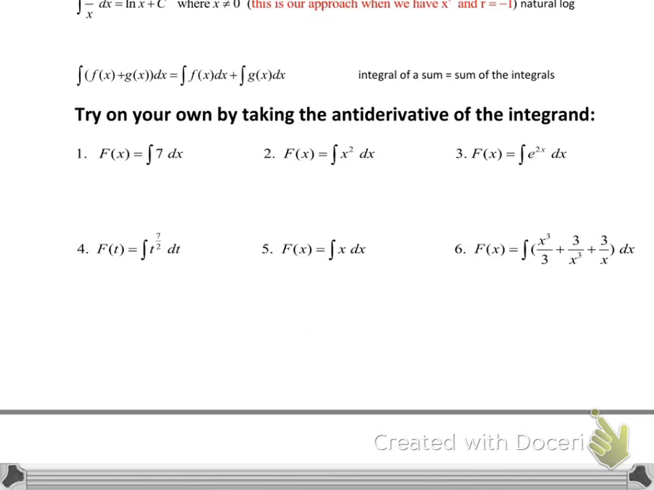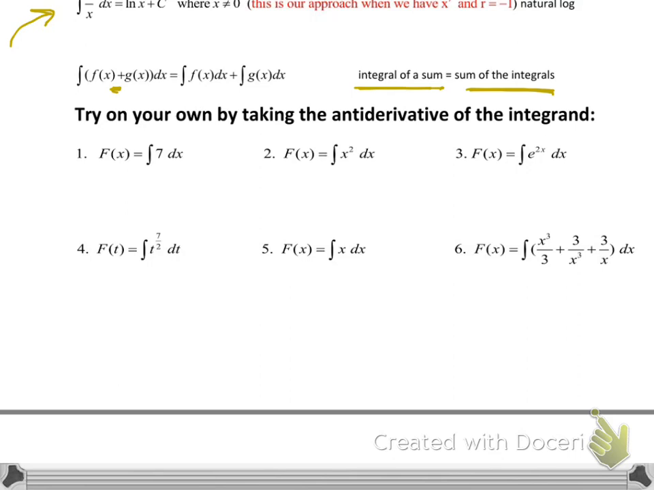Alright, so you can see where I left off up here with natural log. So now this is important to know. Just like when we took derivatives, you can move from left to right and take a derivative of each term when the terms are connected by addition or subtraction. Same thing is true with integration. So the integral of a sum or of a difference is the sum of the integrals or the difference of